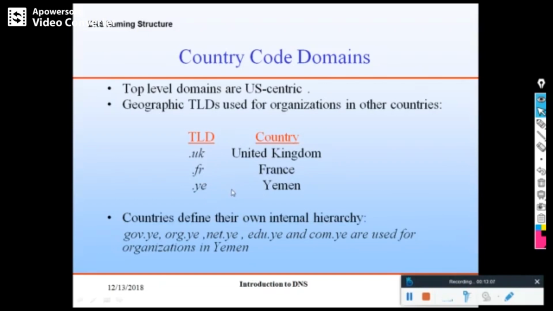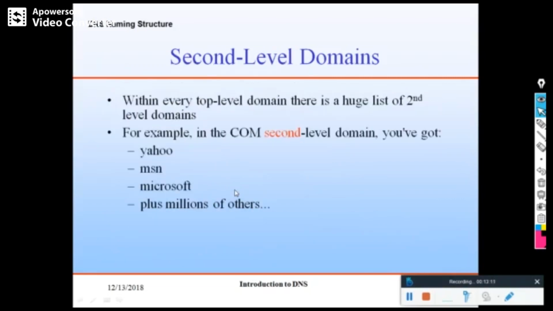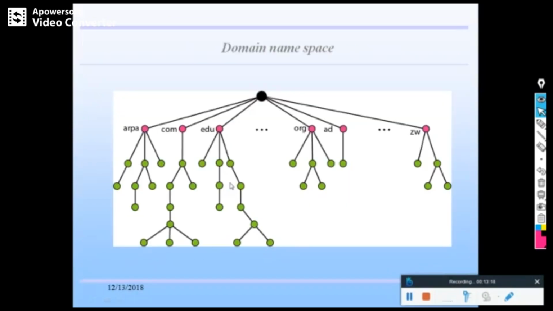Sometimes you can see IN for India. The second level domain is Yahoo, MSN, Microsoft, all of which are called second level domains.